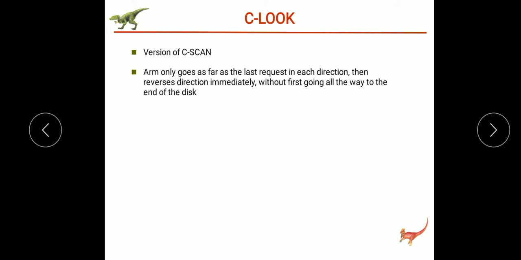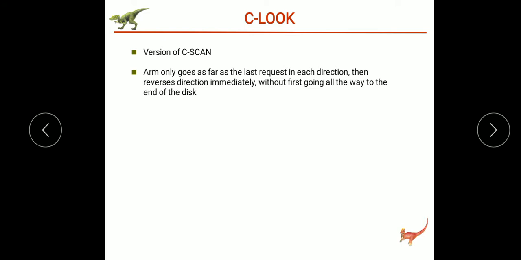LOOK is very similar to SCAN scheduling. The only difference is that it will not reach the end or the beginning of the disk. It reaches only till the final request, and the rest of the working is the same as SCAN.